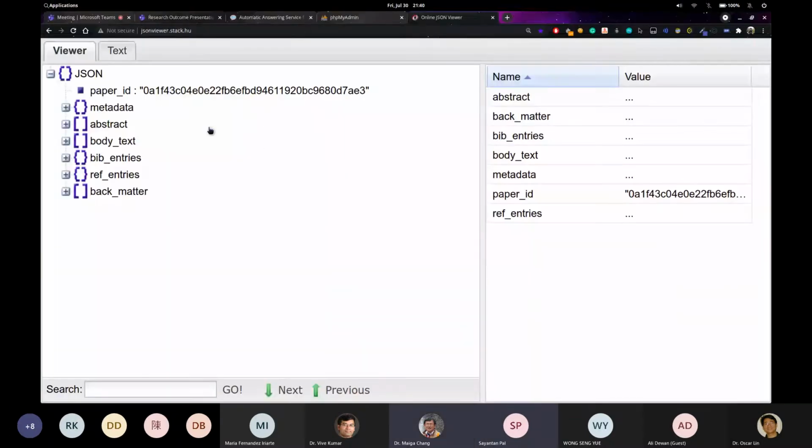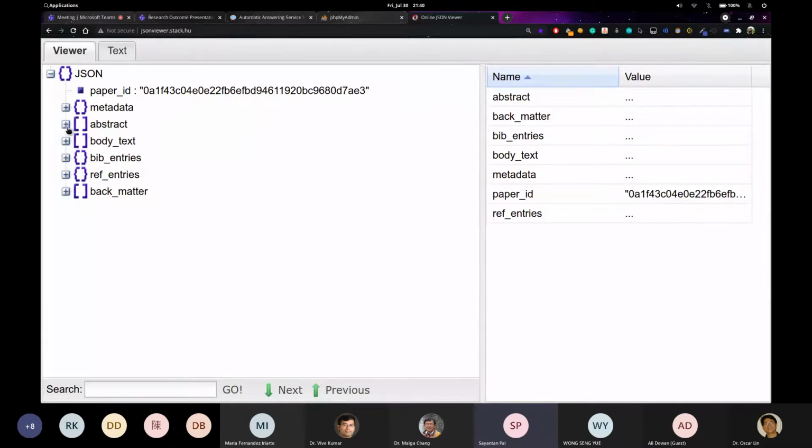Yeah. So in this JSON document, as you can see, we have a paper ID. This is the unique code that we give to that paper. Basically, it's the SHA1 hash. It can be the case that the JSON file may be renamed multiple times, but we are not getting it by the name, but instead by the hash, so we can identify it uniquely.